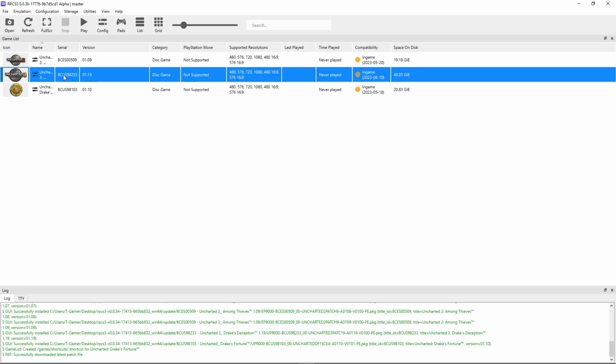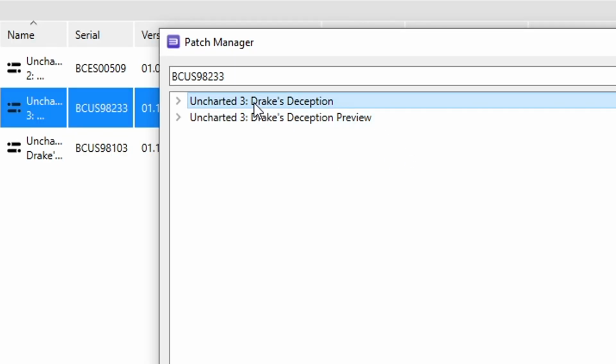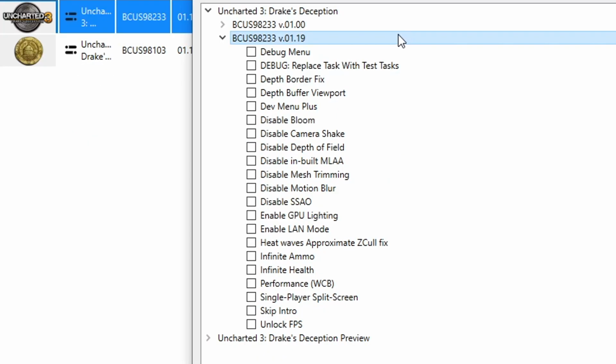Now we're gonna do the game patches. Right-click the game, Manage Game Patches. For this one, you should see two options, but this is the one you're gonna get. Just the game, not the preview. Make sure you click on the one with the patches. And for this game, you're gonna turn on the Depth Border Fix, disable Bloom, disable Depth of Field, and all these options here all the way to GPU Lighting.